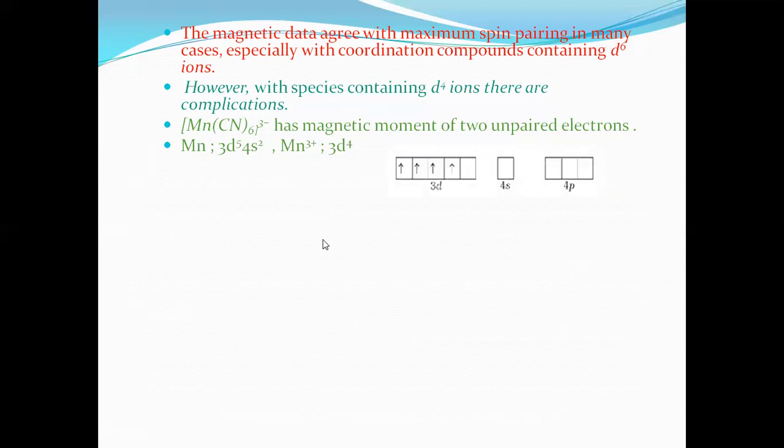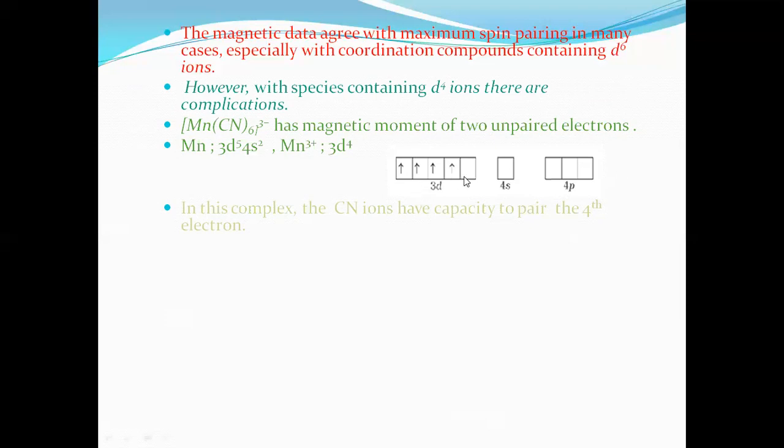3d4. Since according to Hund's rule, all the four electrons are accommodated singly first, now the question: what about the fourth electron? Whether this fourth electron remains as such or gets paired. Because, as already said in the previous class, the first three d orbitals containing unpaired electrons do not undergo pairing.